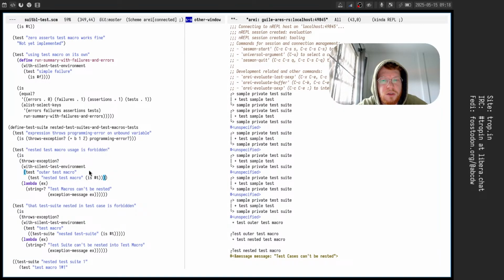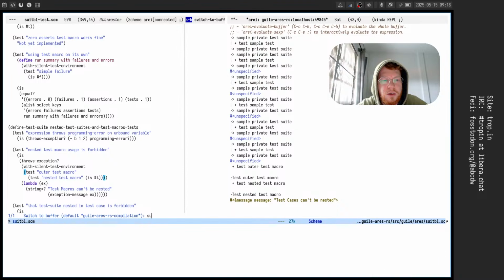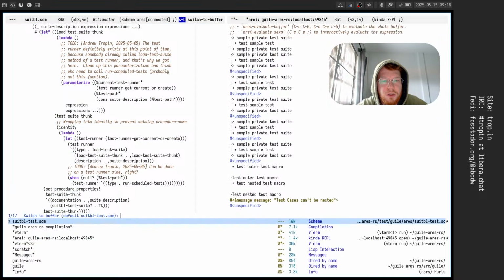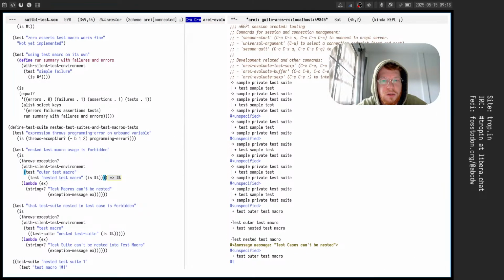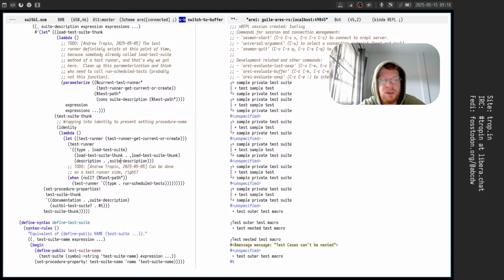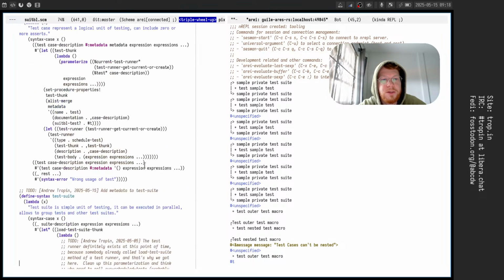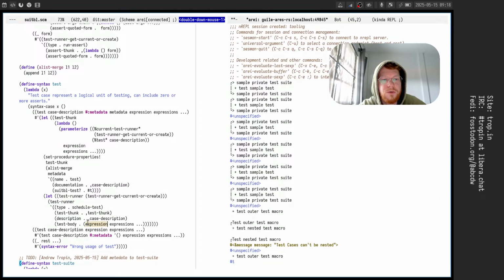Test cases can be nested. It's probably a very outdated error. And now the outer test macro just isn't executed. It just schedules the test, but doesn't execute it,